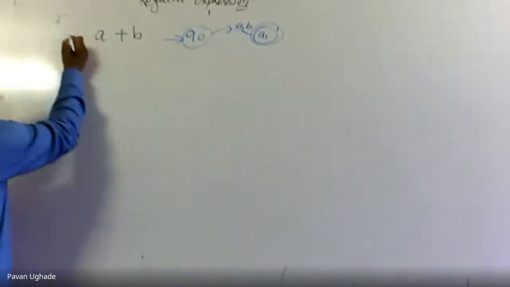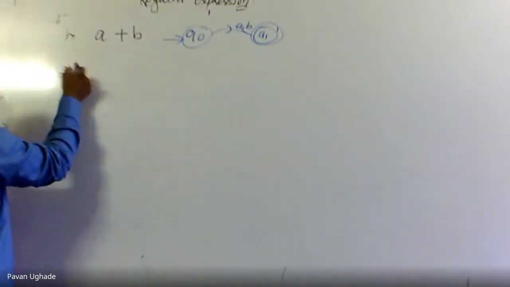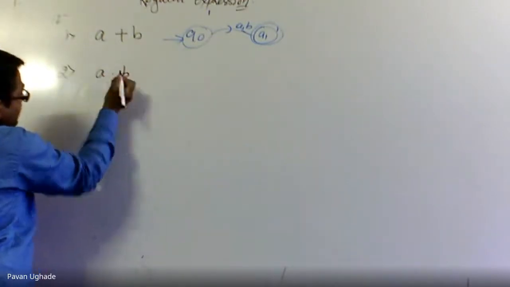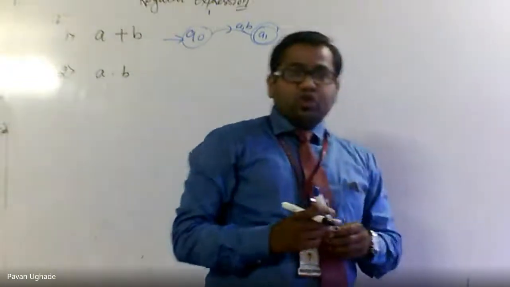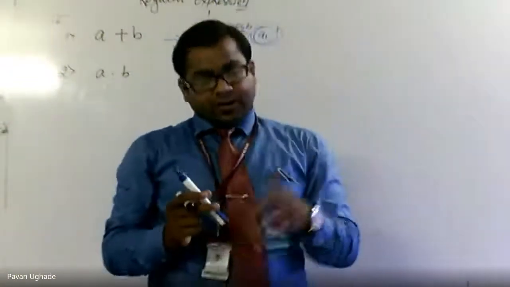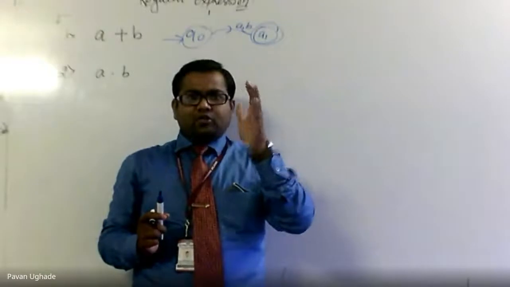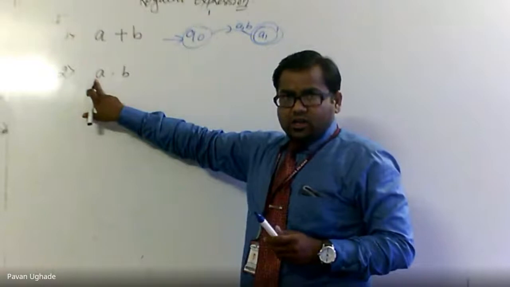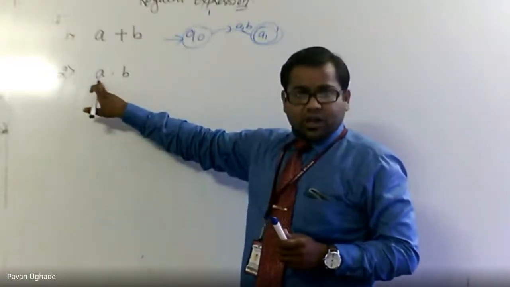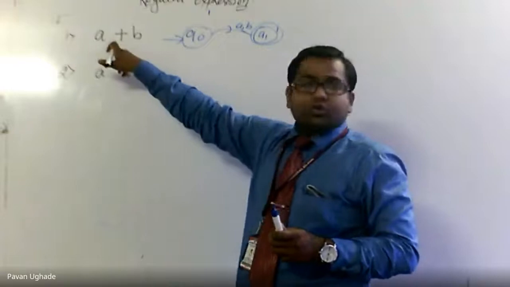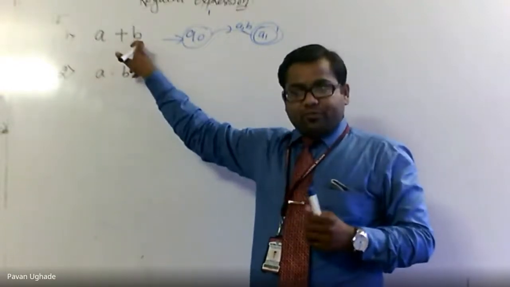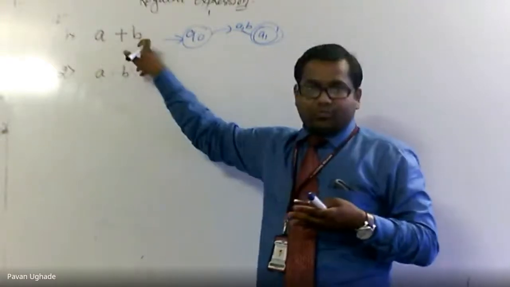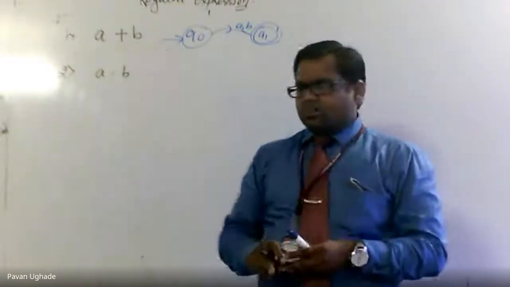Next, we have discussed A dot B. It means concatenation, or sorry, appending. Appending is nothing but joining the second part to the first one. So we are joining B after A. A comes first, and after A, B is coming. Here it was not like that. In the earlier case, in an English statement, if I want to represent the expression, it will be either A or B, maybe both.